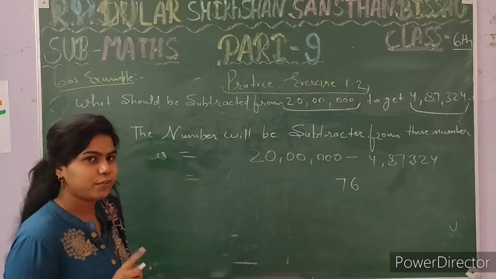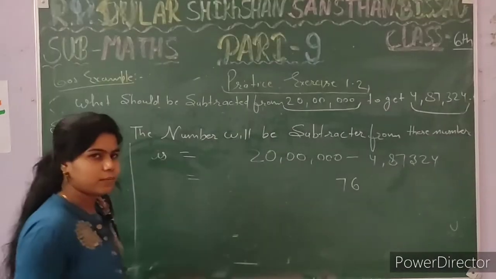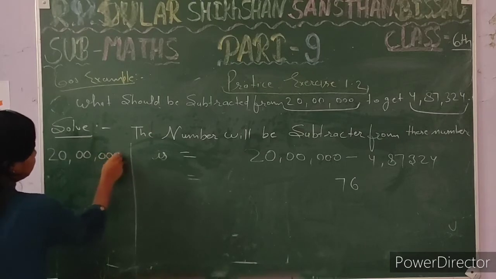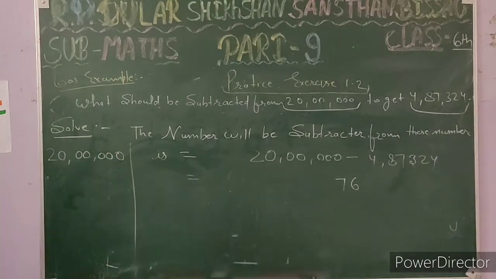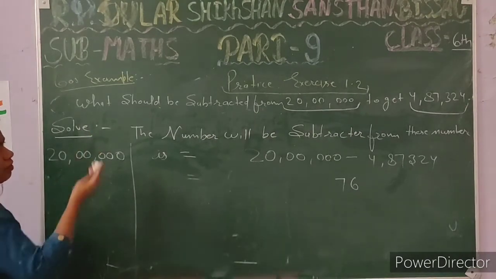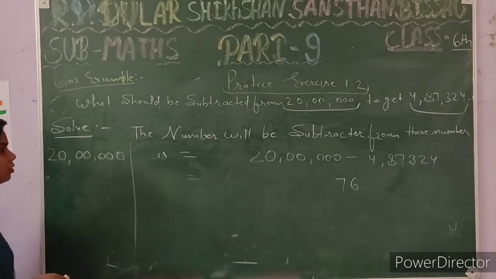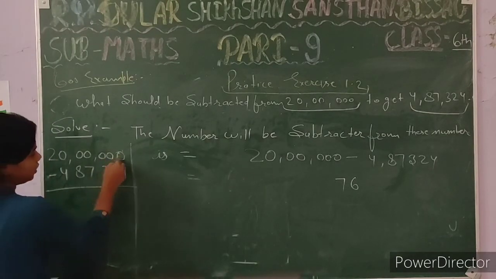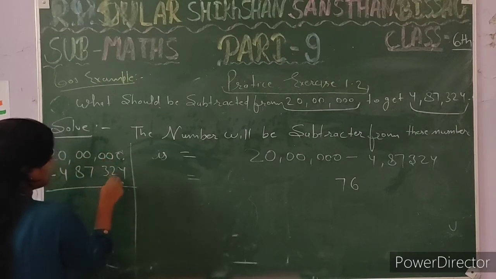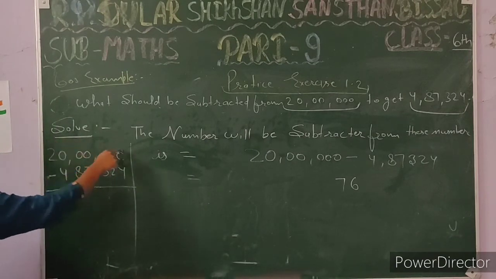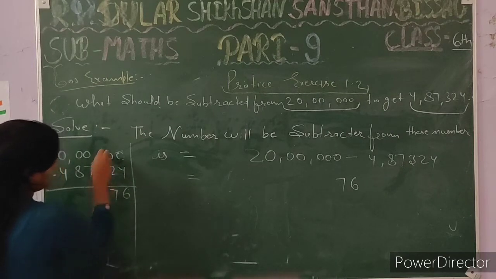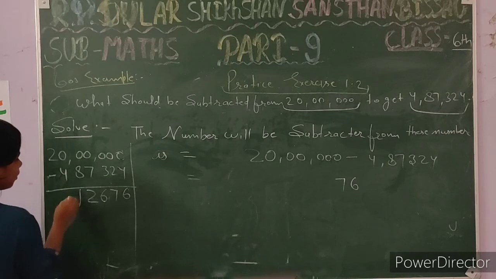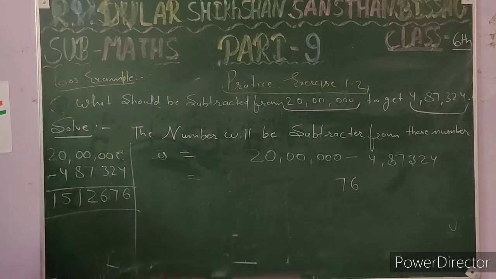Students, don't be confused. If you have confusion, you can also write the normal subtraction, so don't make mistakes in subtraction, because you studied subtraction in 6th class, and also in 5th, 4th and 3rd class. 20,00,000 minus 4,87,324. 0 is less than 4, so we use a carry mark from here, so it becomes 10, then 6, then 9 minus 2 is 7, then 9 minus 3 is 6, then 9 minus 7 is 2, then 9 minus 8 is 1, then 9 minus 4 is 5, and then 1.